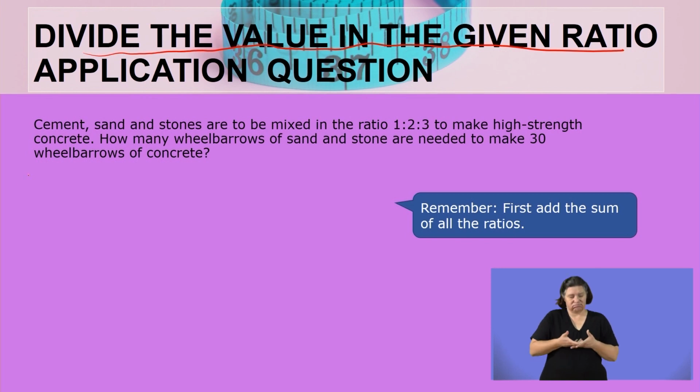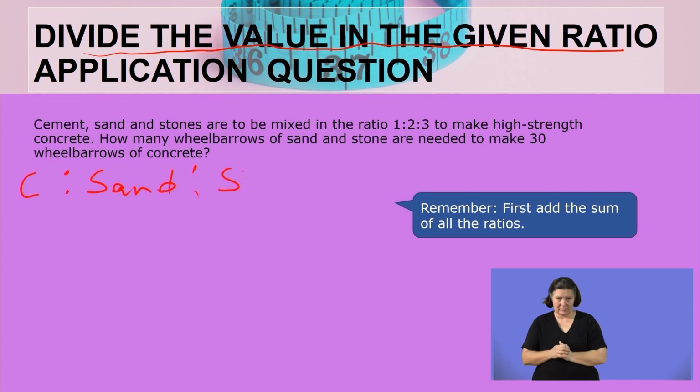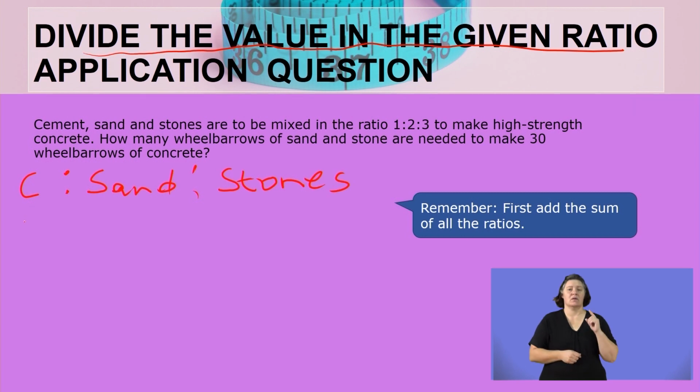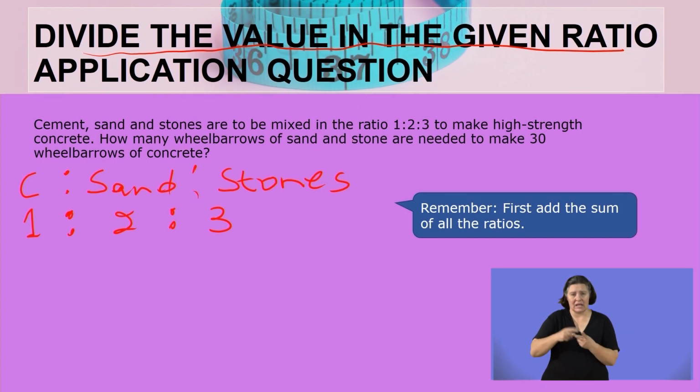So now it's cement is to sand is to stones, and the ratio that we are having is 1:2:3. So now the question is, how many wheelbarrows of sand and stones are needed to make 30 wheelbarrows of